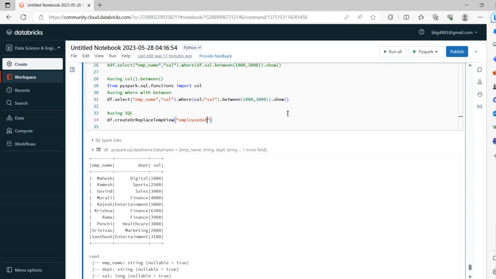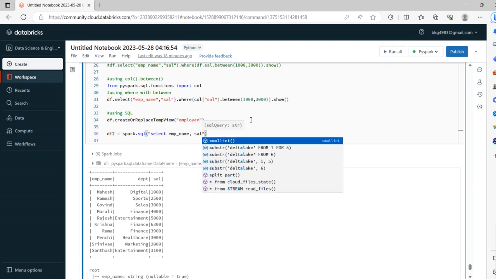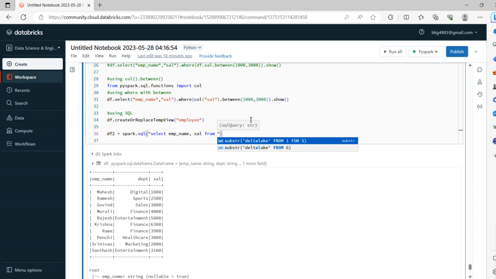Let's say employee. This is the table name which we are giving. Now let's write the query. When we access through the SQL way, we apply spark.sql, and within it select employee underscore name, as usual how we write SQL, from employee, complete SQL notation,